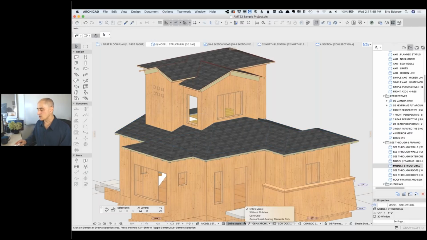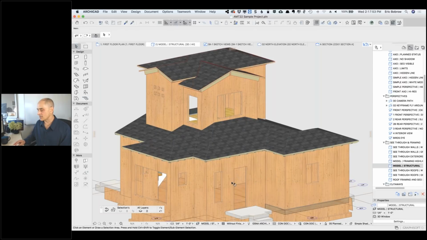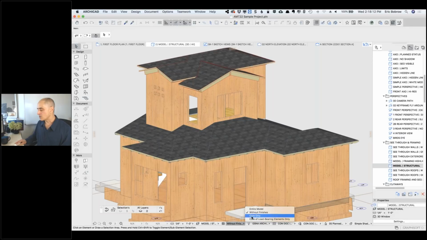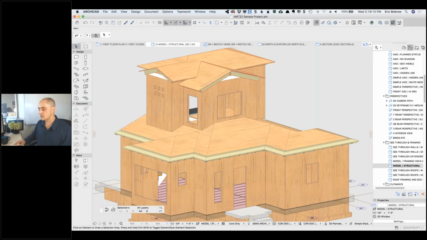Here. If I go to without finishes, we'll see possibly something slightly different. If we were cutting through it, we'd actually see something different. These roofs are cheated. They're actually, the plywood section just has this being overridden with a surface that says make it shingles. So it's not actually a separate skin there. Core only here. And there are some variations here that I'm not going to worry about, but the core